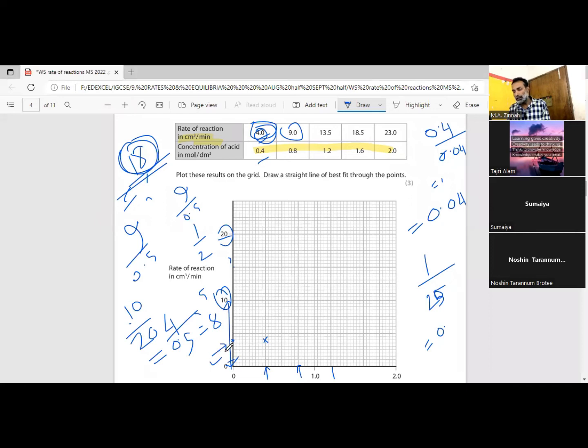Is this okay? Is this okay for you, everybody? So now get the next one. 9 divide 0.5. 9 divide, what does it give? কত দিচ্ছে? 18. তাহলে এখান থেকে কাউন্ট করো, এখানে 10, রাইট? এটা 10, 8 এ 10, রাইট? তারপরে 11, 12, 13, 14, 15, 16, 17, 18, এই যে এটা হবে।